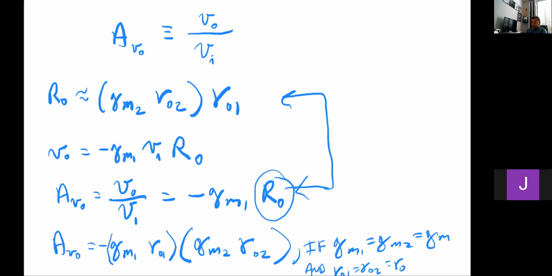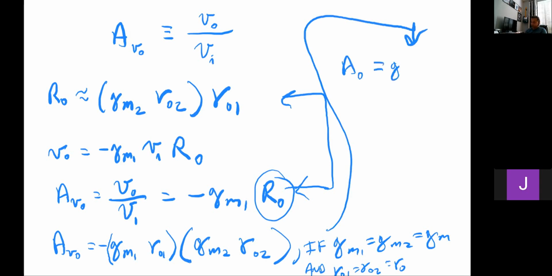And if I define the old gain by gm times RO, then this voltage gain that I've been talking about is minus gm RO squared,